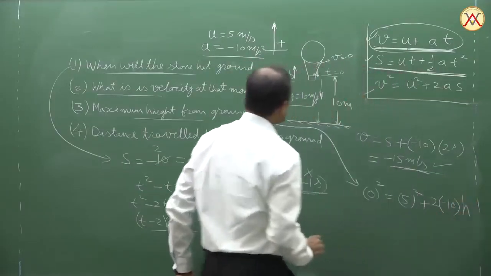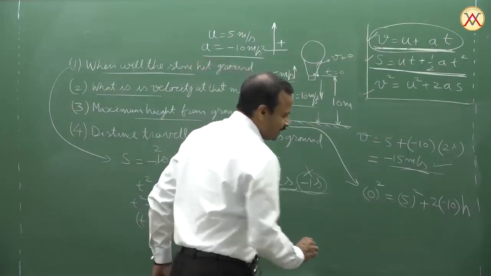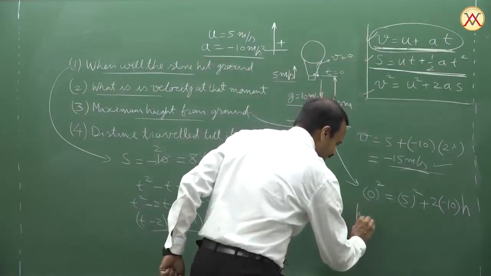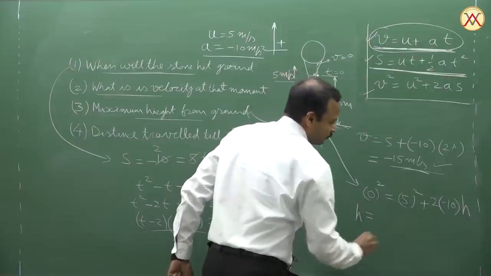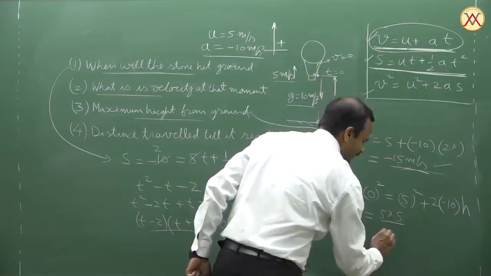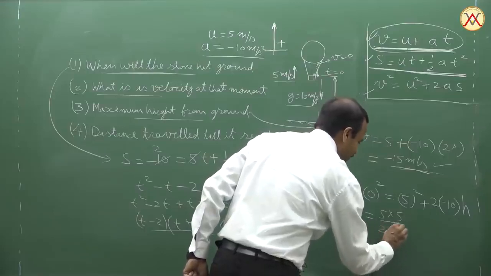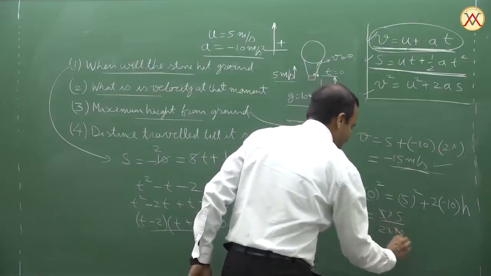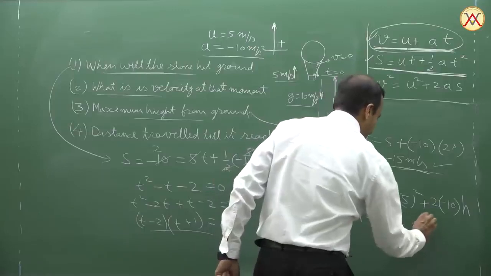I am writing it as h. So we can say h is equal to 5 into 5 divided by 2 into 10. So you can see it is 5 by 4 or